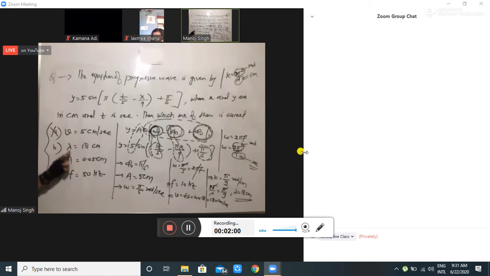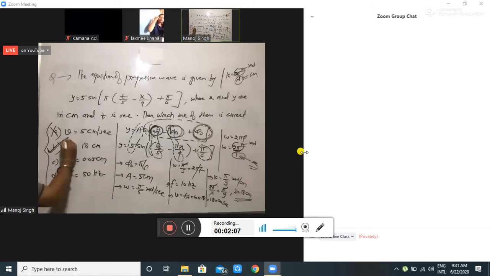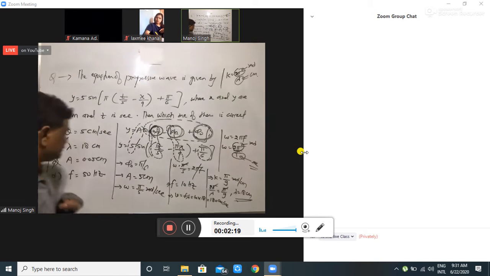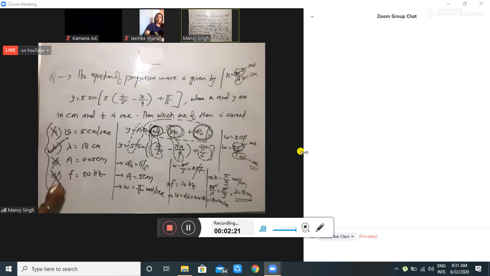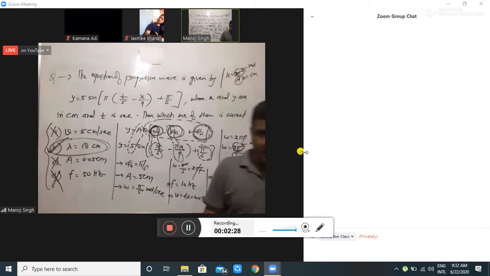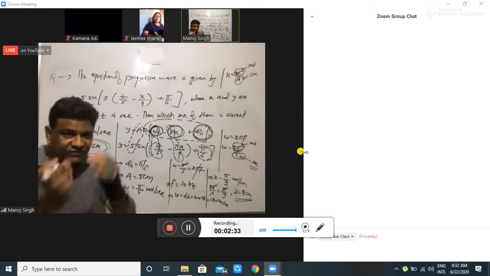Here the wavelength is coming 18 centimeter. Here the wavelength is also 18 centimeter. This is the right value. Amplitude is 0.05 centimeter, but here the amplitude is coming 5 centimeter. This is the wrong value. And the frequency is coming 10 hertz, and here it is 50 hertz. It is a wrong value. So the wavelength will come 18 centimeter. So what we are learning from this question in class here: for any given equation, first we can